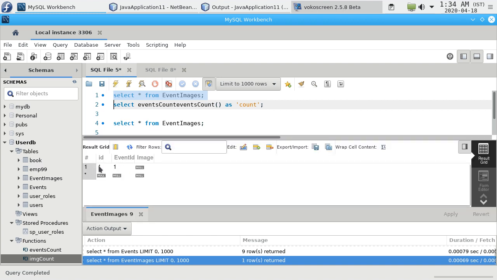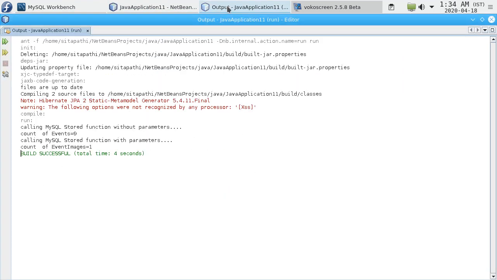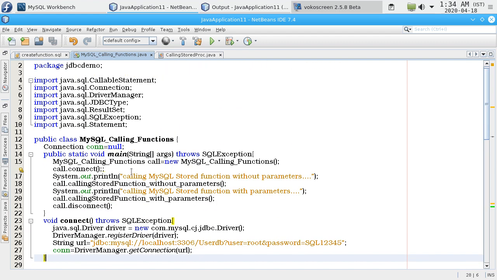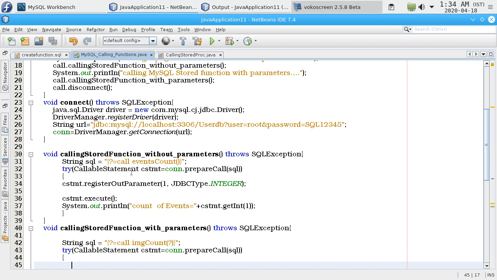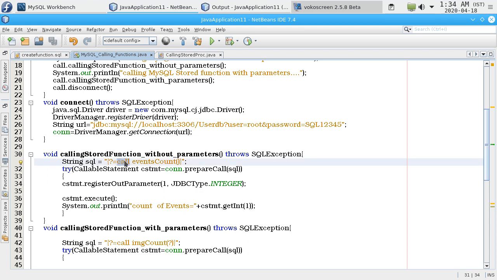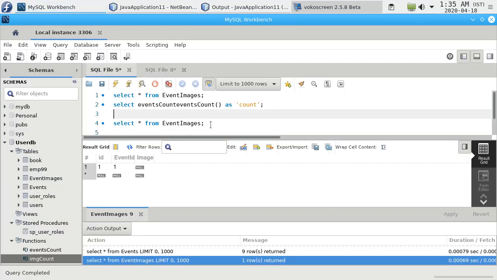It has only one record, but image is empty, we will see later, right? Same thing we are getting later. Right, that's how we call a stored function. And one basic understanding is, whenever writing something, you no need to call using call statement, especially in case the function does not take any parameters. Let's say events count, it does not take any parameters. In that case,